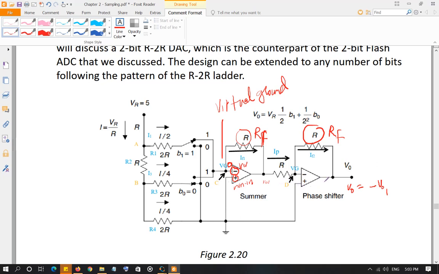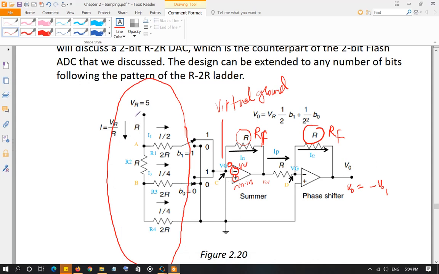So how does this circuit work? You have two bits, B0 and B1. When the switch is on top, we assume that it is 1. When the switch is at the bottom, we assume it is 0. So 2 bits, 1 and 0 basically, right? And both bits of course can produce 1 or produce 0. Alright, now this network right here, this is important.